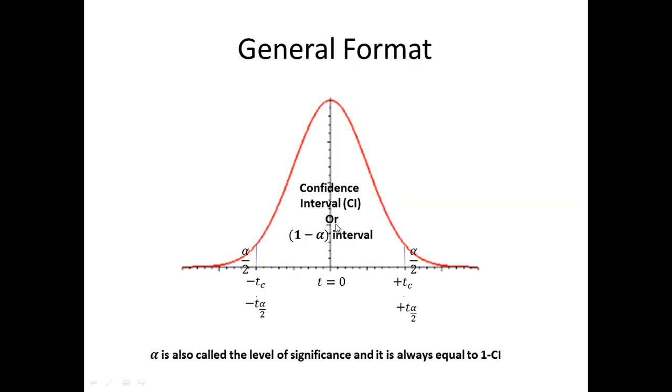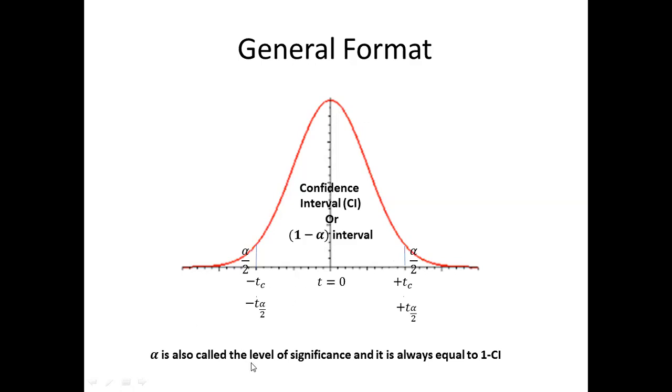And since we are taking the area from the center, the alpha would be equally divided in both unused regions, and so in both regions we would have alpha by 2, right? So if this is the t-score distribution, or a standard t-score distribution, then the central value is t equals 0, and the points where the alpha by 2 regions start, or where the CI is ending, are given by plus t alpha by 2 and minus t alpha by 2, or simply plus t and minus t.